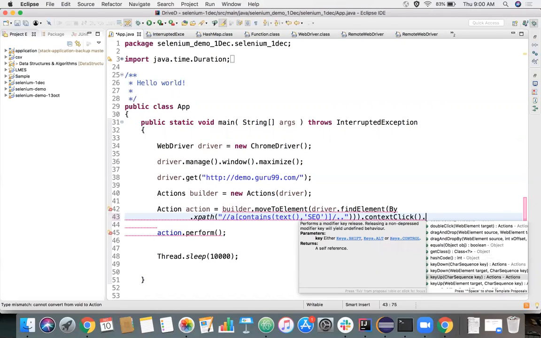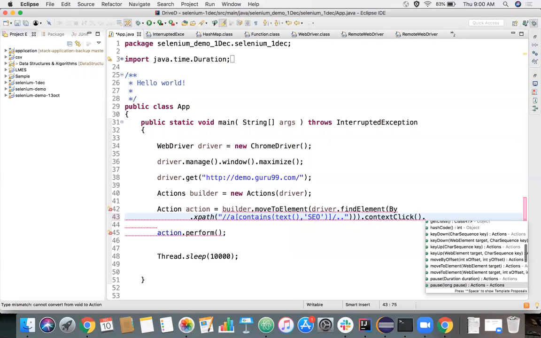I mean this key down and key up are obviously for keyboard events. We'll see an example. We can pause the actions event for particular seconds. We can release the key. Send keys is also available there, right? We know send keys. Send keys is kind of sending any text element, characters from